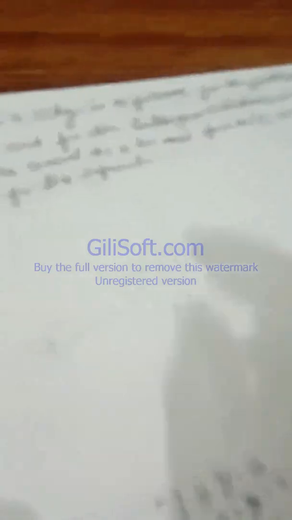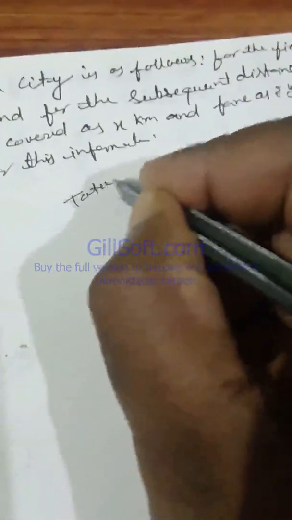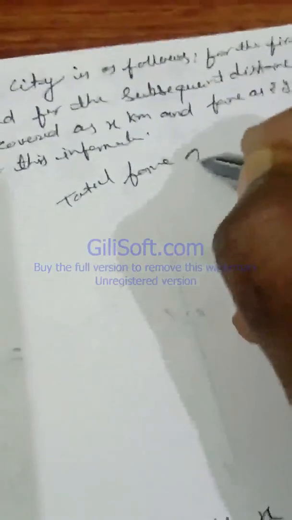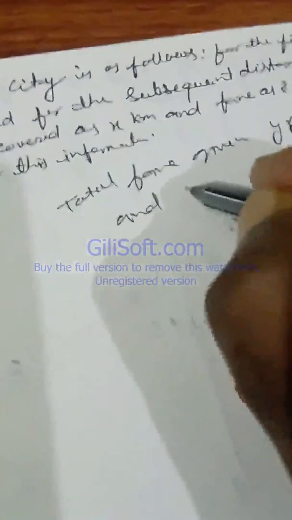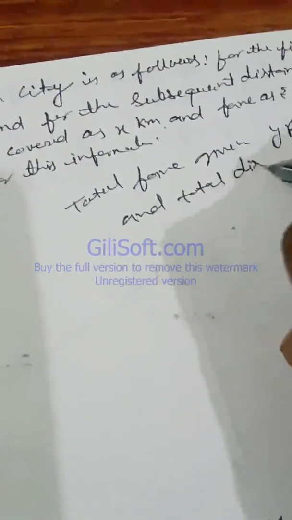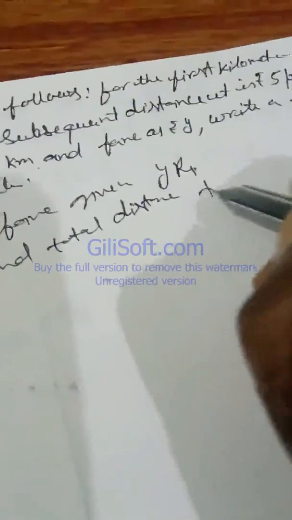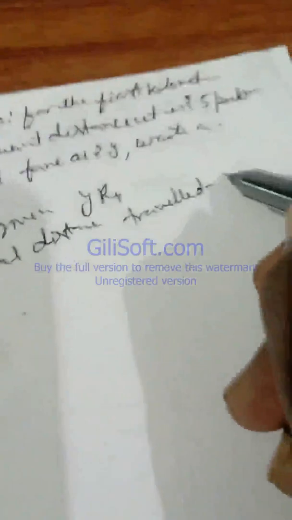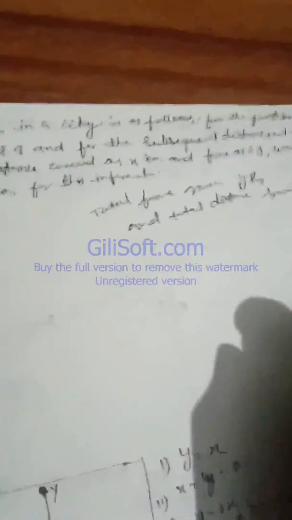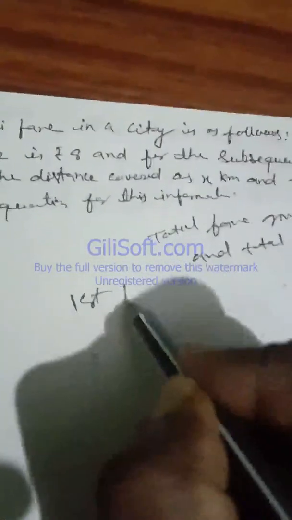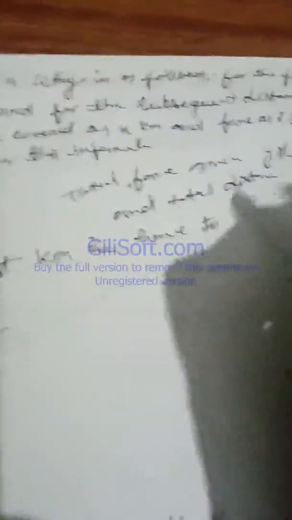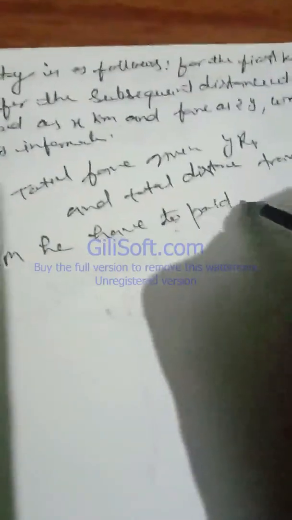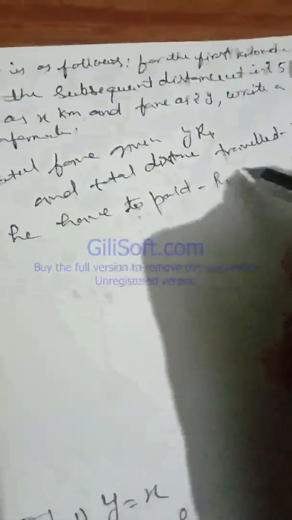Now look here, the total fare is given as y rupees and the total distance traveled is x kilometer. Now look here, for the first kilometer he has to pay rupees 8,